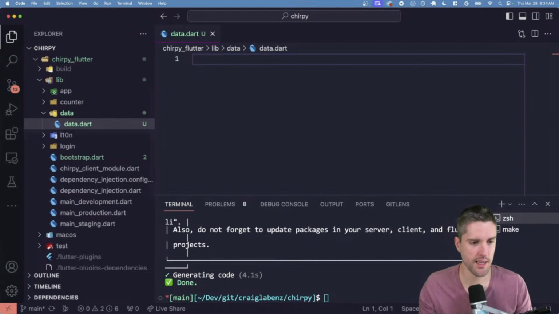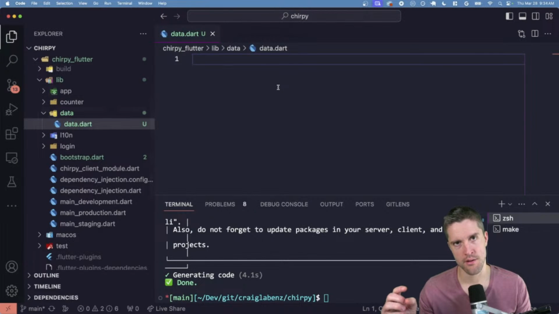So the first thing that I have used in the past is this idea of a data contract, and then you have a repository and inner sources that all adhere to this data contract. So,